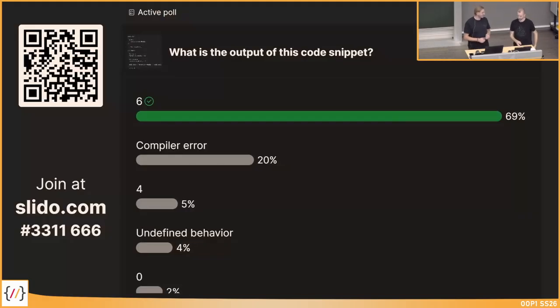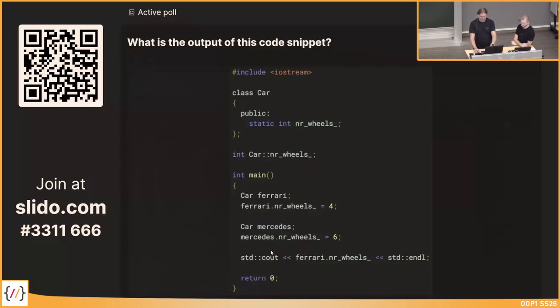So actually not very realistic, but the Ferrari that we printed here in this line has 6 wheels. Why is this the case? Any idea? Exactly, yeah. So we first modify the static variable here in this line. We assign 4 to the static variable number of wheels using the Ferrari object. And here in this line, we are using the Mercedes object, again modifying the number of wheels and assigning 6